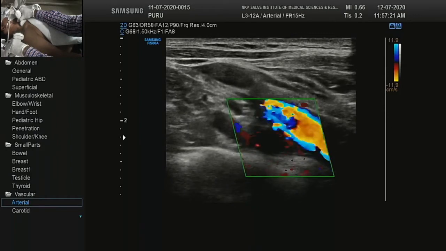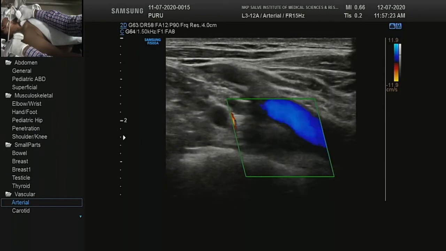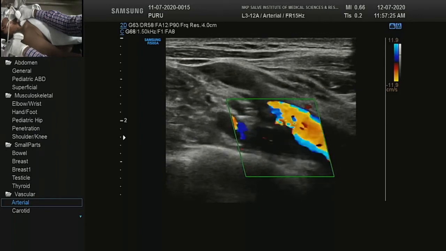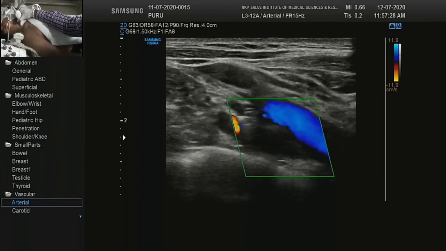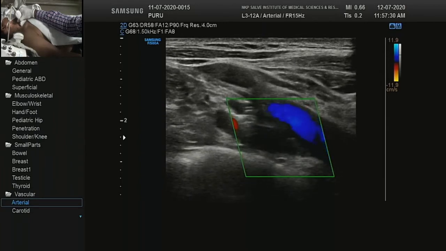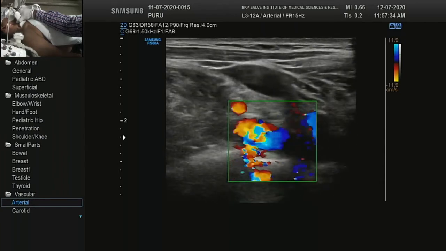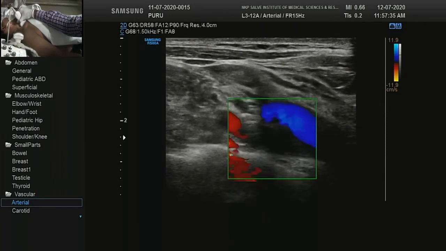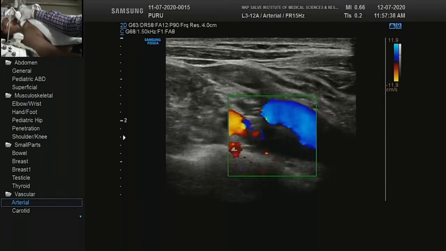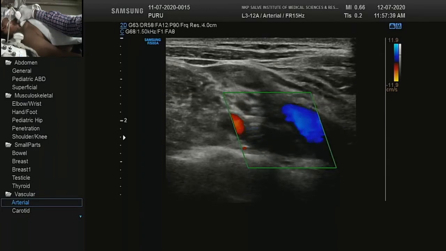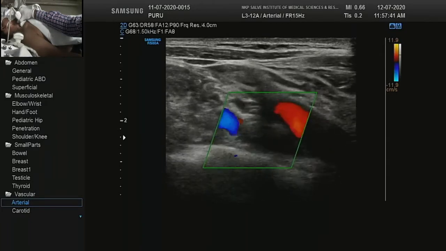Not significant. What else can we do? What if we change the steering to get some weird flow there? No, that part is not showing flow. We'll try steering to the other side.